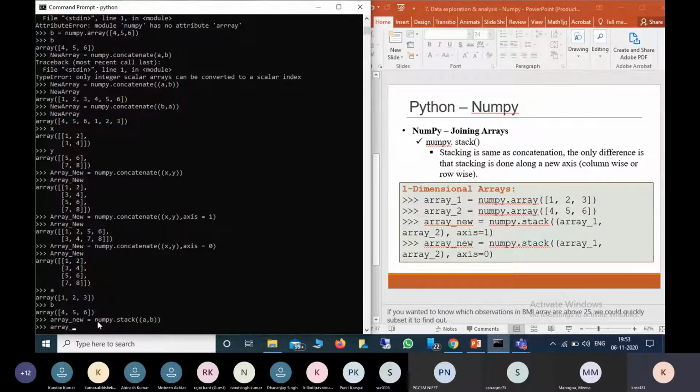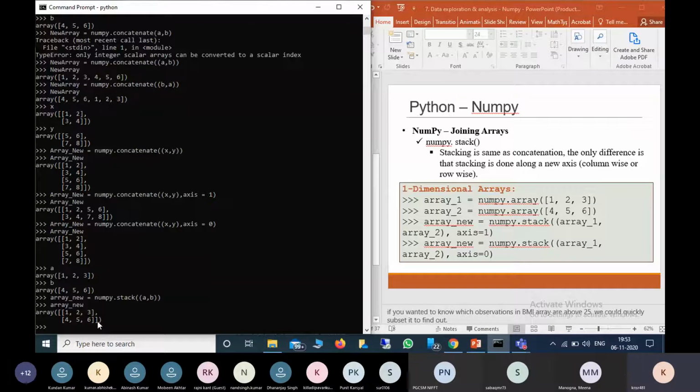So array new will be stacked as the default. If you want to do it the other way, we have to put axis equal to 1.